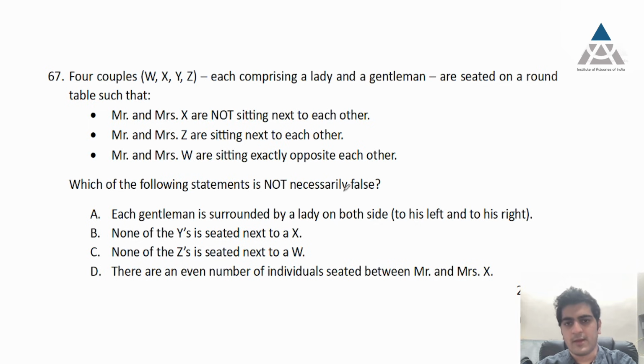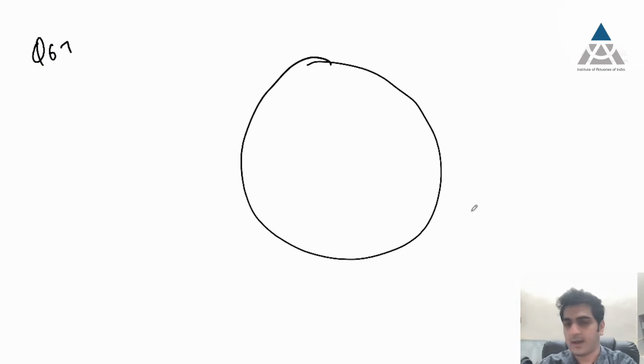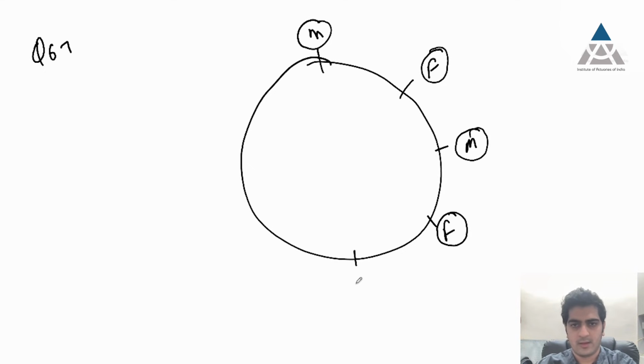Which of the following statements is not necessarily false? Okay, so let's try to first look at these points and then work our way back to the question. So the first statement is, each gentleman is surrounded by a lady on both the sides, to his left and his right. Okay, for that to happen, you would have a sequence like this, that is male, female, male, female,